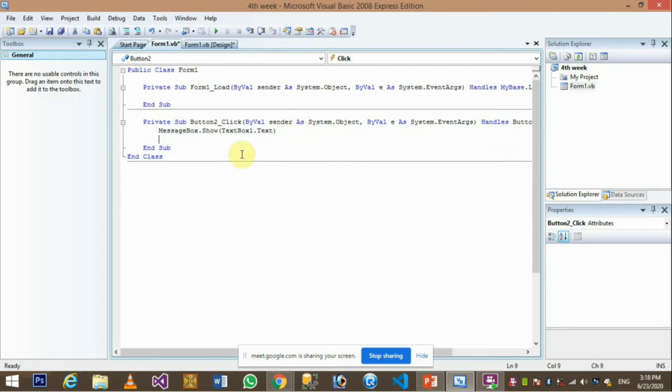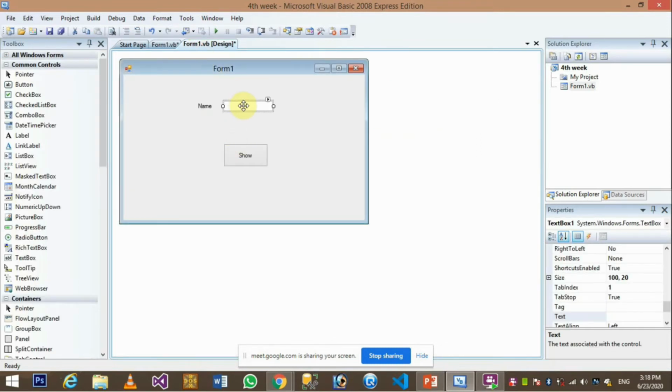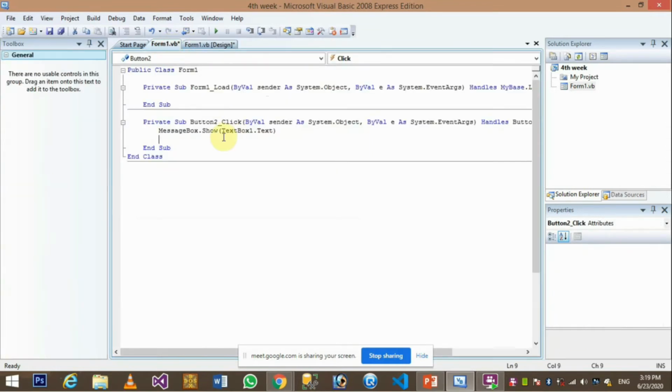So after coming to the second line, and now it's done. What would happen whenever this button 2 is clicked? The event says button 2 click. Whenever the button 2 is clicked, it would display in the message box text box 1 dot text, means whatever comes in this text box would be converted into the text and would be displayed in the message box.